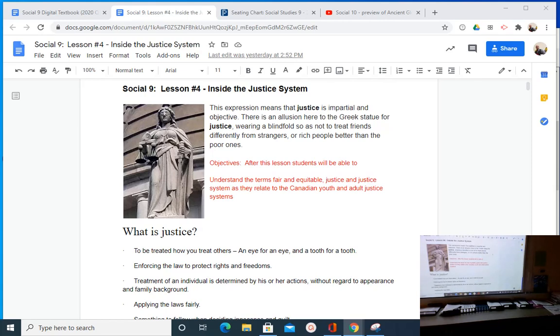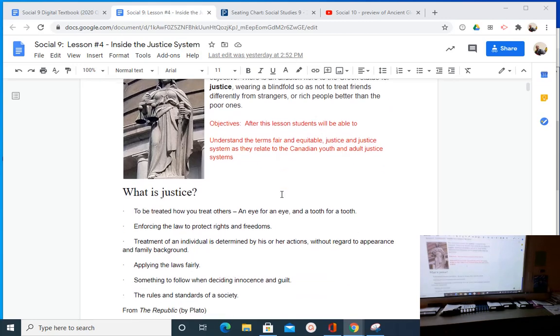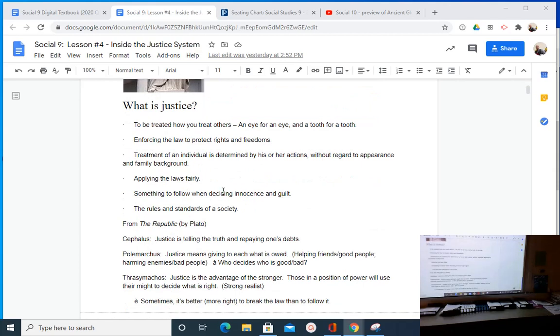So this lesson, Lesson 4, began with a look at the concept that justice is blind. And I've already put that on the midterm. I've already put that on the exam. So if you don't see it Monday, you will see it on the test, because I think it's a pretty major concept, the idea that justice is meant to be objective and impartial. We also tried to look at what is justice. We defined it through a variety of means, including the most simple, just applying the laws and applying laws fairly.